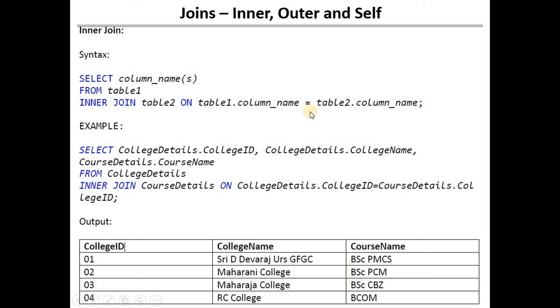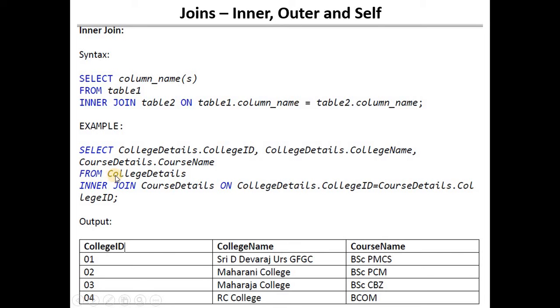Since it's an inner join, it's also called equijoin. Equal operator is used. Let's see the example. Select college details dot college ID, college details dot college name, comma, course details dot course name. So we are trying to get the college ID and college name from the college details table, whereas course name from the course details.